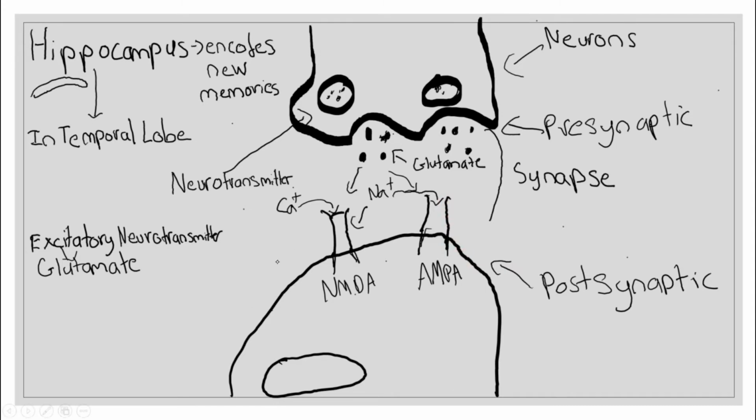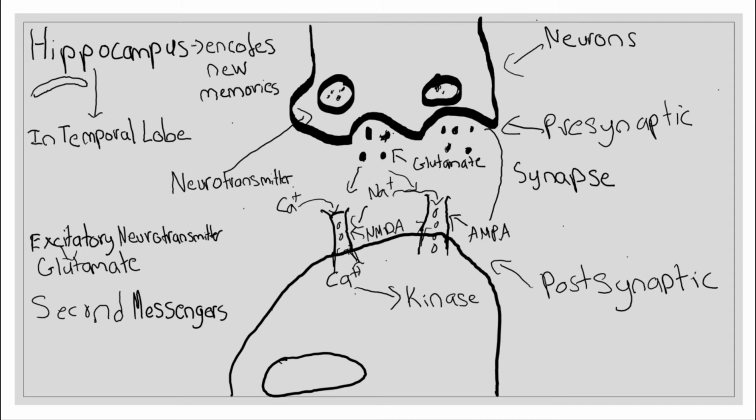This calcium ion has more purposes besides acting with the sodium ion. It works as a second messenger. Second messengers are signaling molecules which set off chains of events: it hits another molecule, and then that molecule sets off a ton of events. As the calcium ions go through, they activate a kinase, which is the example I'm talking about of a second messenger. This kinase allows the synapse to be more efficient